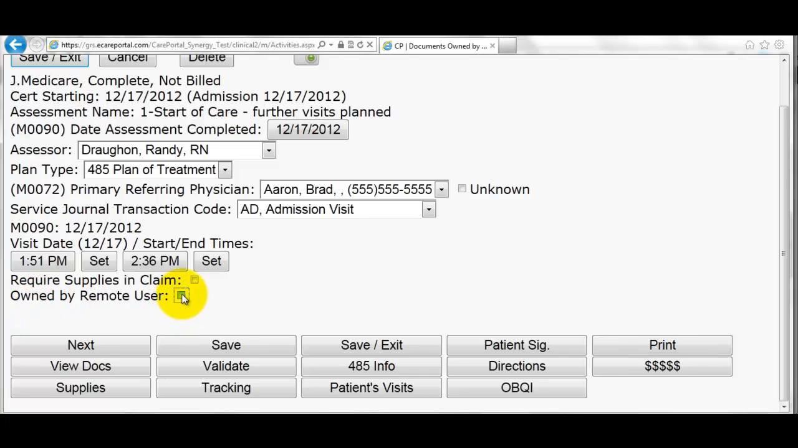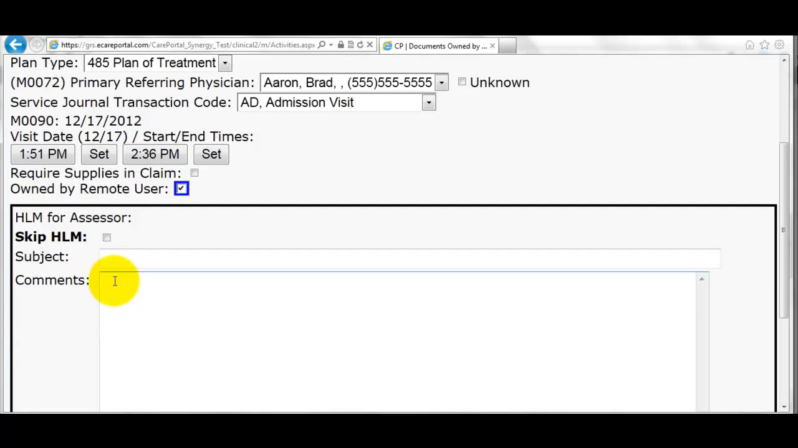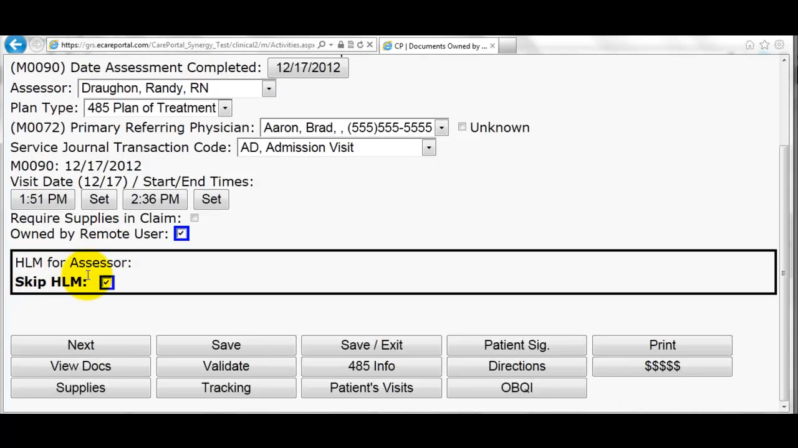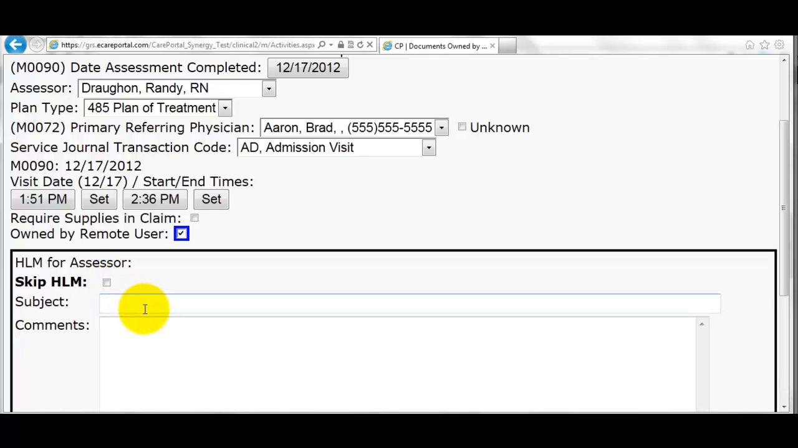Owned by Remote User. And this will cause a hot list message to be sent back to the point of care user, unless I check this checkbox, which will cause the message to be suppressed. Now, if I keep that unchecked and I say, missing medications,